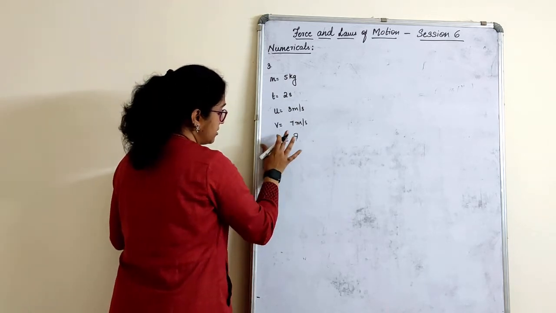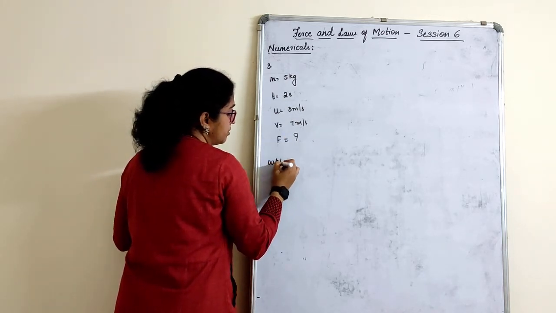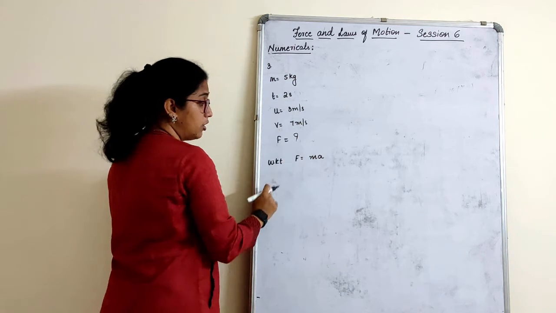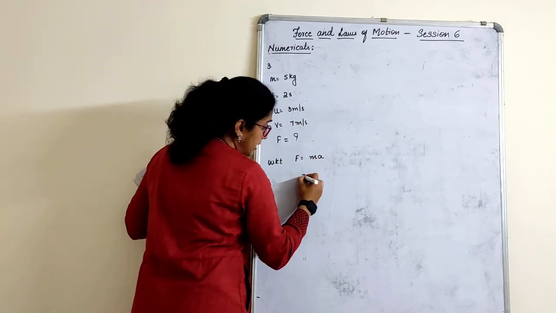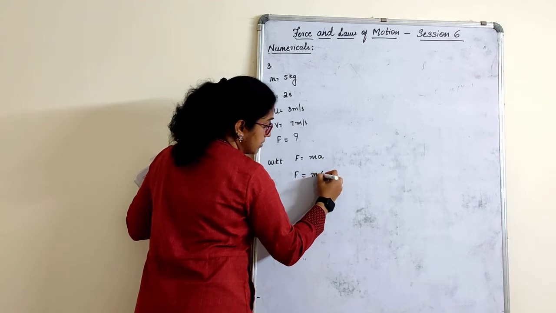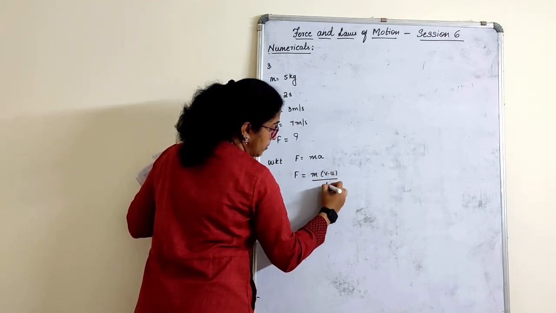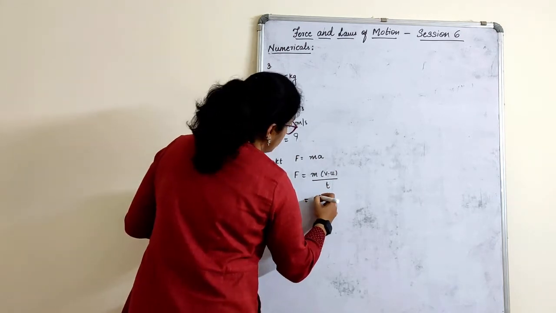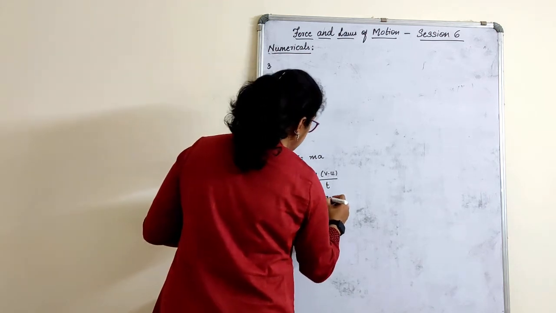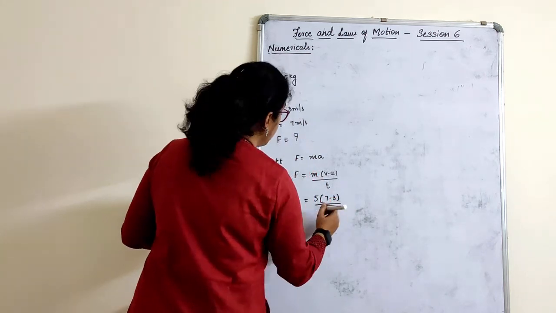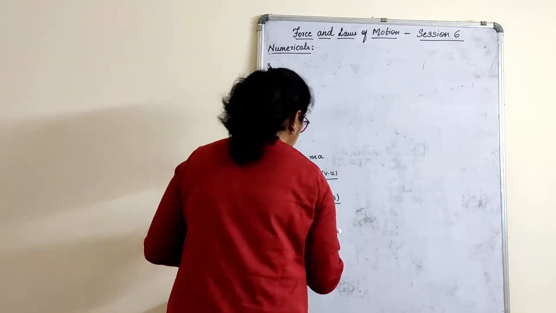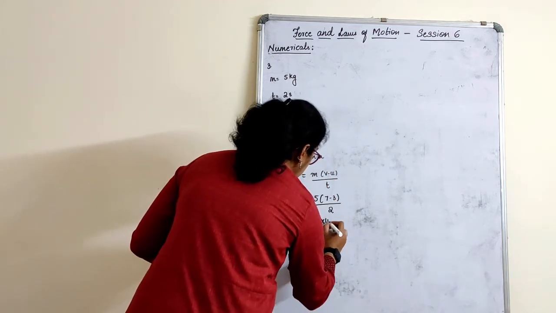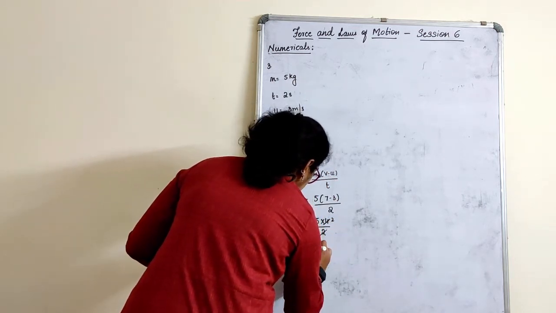So whenever force is asked, we can directly say that we know that force is equal to product of mass into acceleration, and we have proved this law, right? Now, force is equal to mass into acceleration, which can be written as V minus U by T. That we know, I had listed down those formulas. Substitute the values. So we have 5 into 7 minus 3 divided by 2. So 5 into 4 divided by 2, 2 ones are, 2 twos are. Force is equal to 10 Newton.